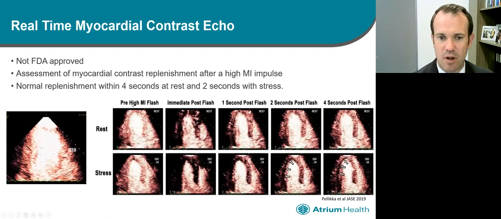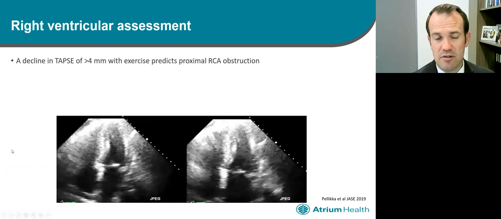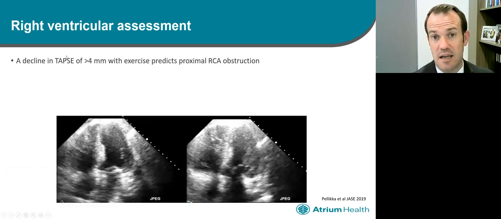And so here's an example from the guidelines. This is before the mechanical index flash. Then after the flash, the bubbles are destroyed, and the myocardium looks dark. Within 1 second, we see replenishment at rest, but with stress, we do not see replenishment here in the lateral, infralateral apical segments there. Right ventricular assessment is important, and we do see a decline in TAPSE if there is